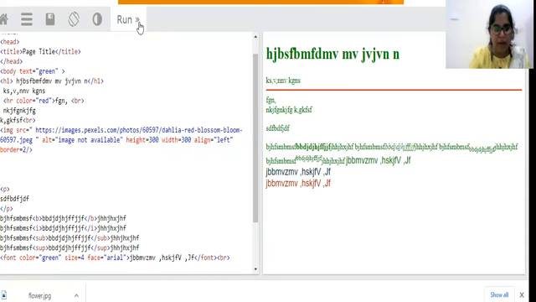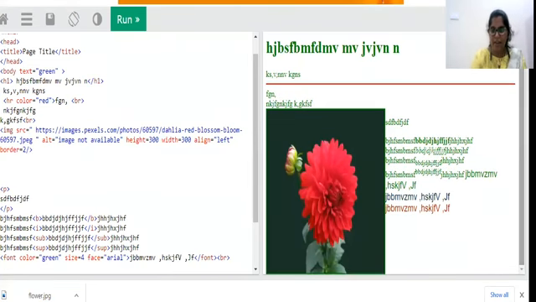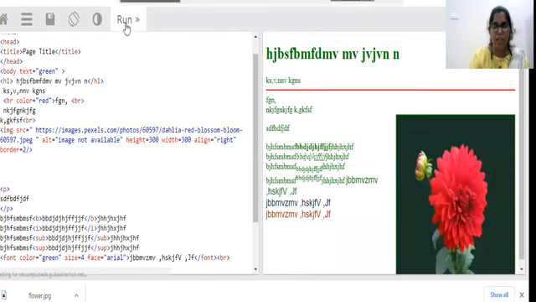So let us see how it will come. This is the image which we have seen already, and we have uploaded it successfully to our web page. Here I gave an alignment as left, that's why it is coming on the left hand side. Let us try the other side, right. If you put right, obviously the image will be coming on the right hand side and the text will be aligned onto the left hand side. By default, if we are not putting any align attribute, automatically it will be coming on the left hand side itself. What if this particular image is not available?